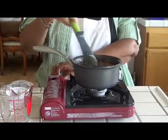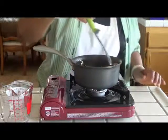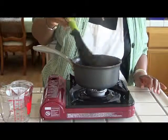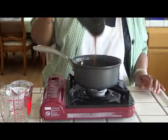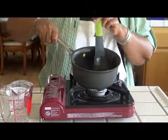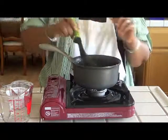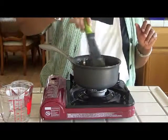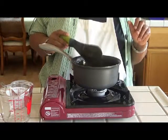Checking out the fire there. Alright. Okay. So we turn the fire off. And that, my darlings, is your teriyaki sauce. Hopefully you can see that. That's your teriyaki sauce. So we're going to pour it into a jug, and then I'm going to decant it into a container,